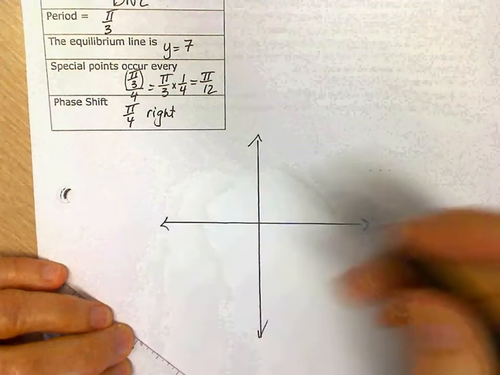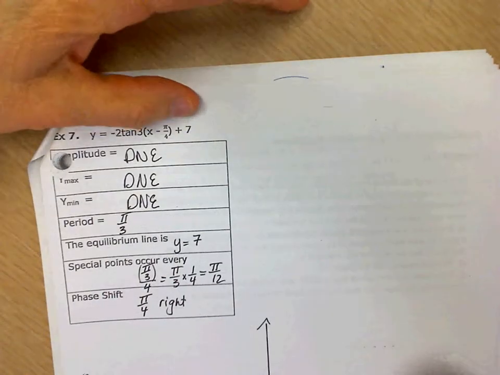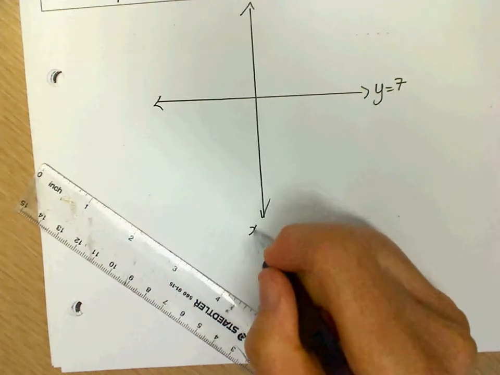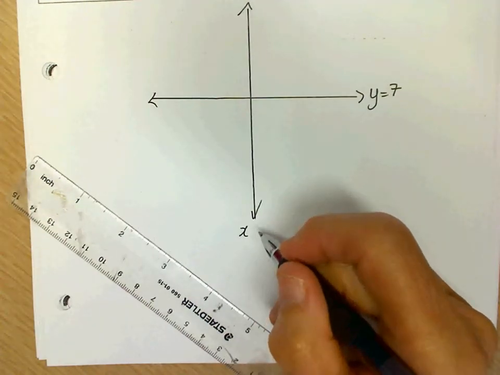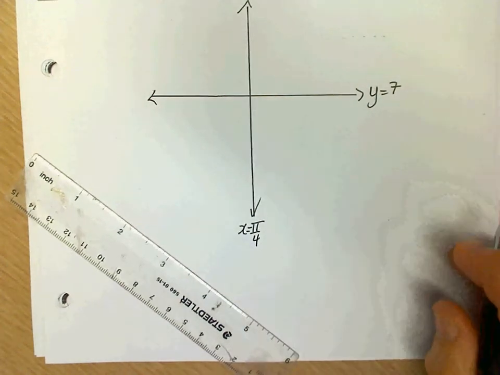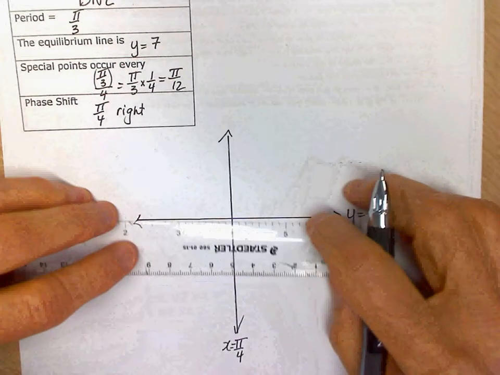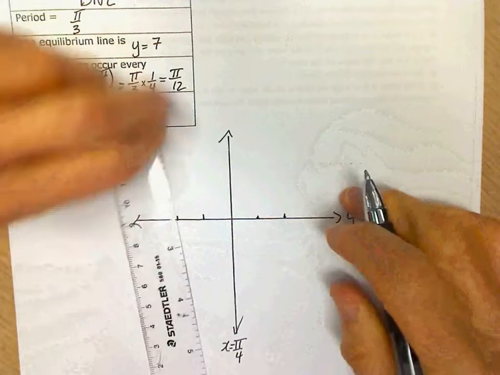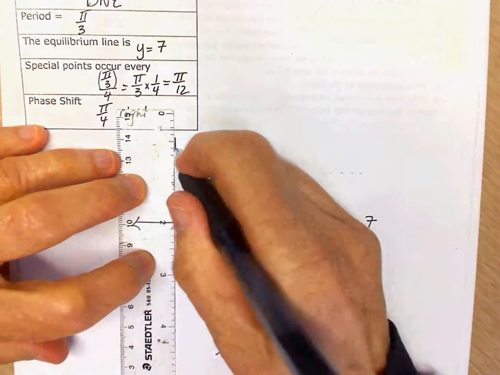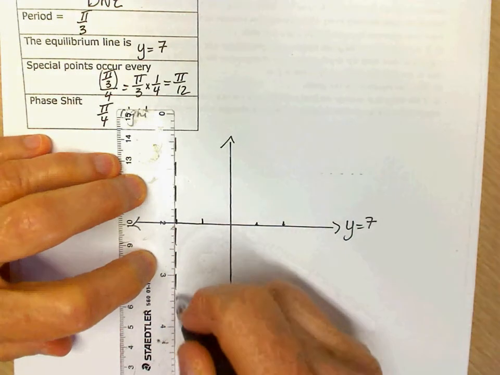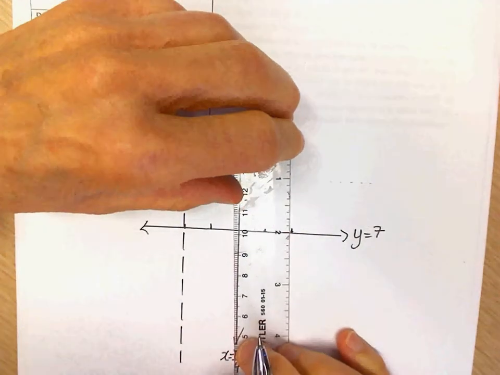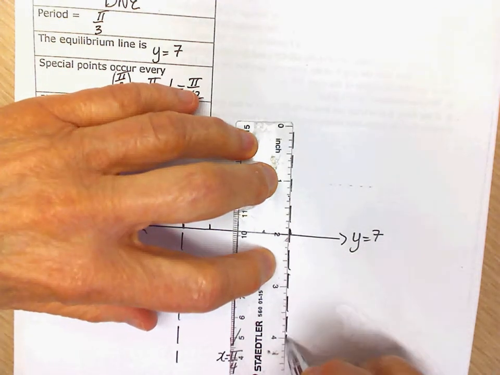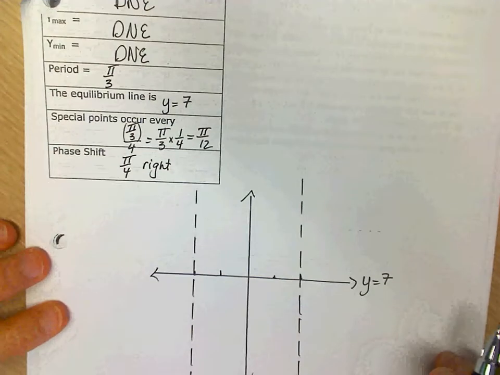So this is our equilibrium line, right, y equals 7. This line is x equals pi by 4, right? So let's draw lines for our asymptotes and our other key points. Good? Okay, let's, I guess we'll mark off